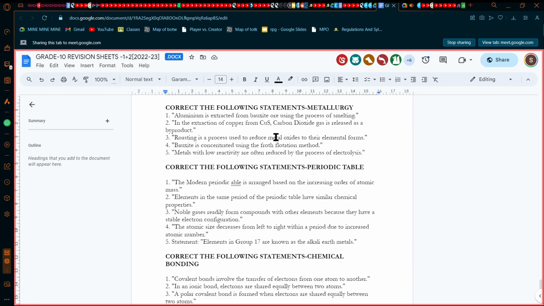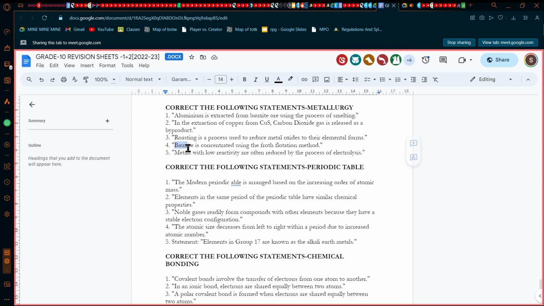Used to reduce metals. Roasting is also technically reducing? No, it is literally oxidizing; you are adding oxygen. For mercury and silver, you can remove the oxygen. In purification, electrolytic purification, reducing agents like coke, carbon dioxide. Heating in the presence of air is roasting, and that's what you're doing.